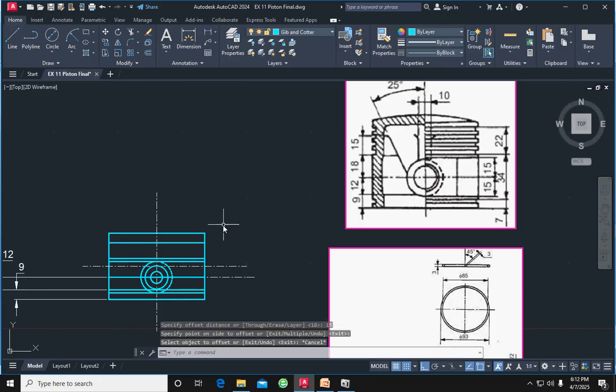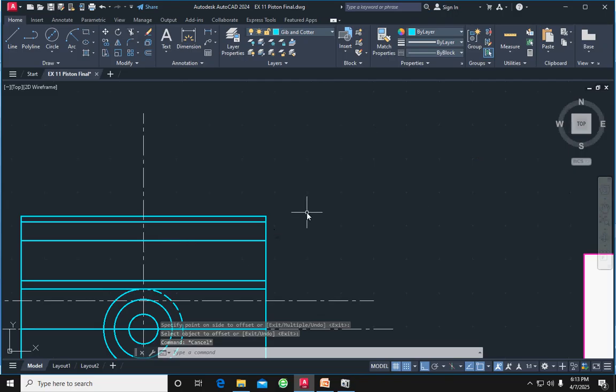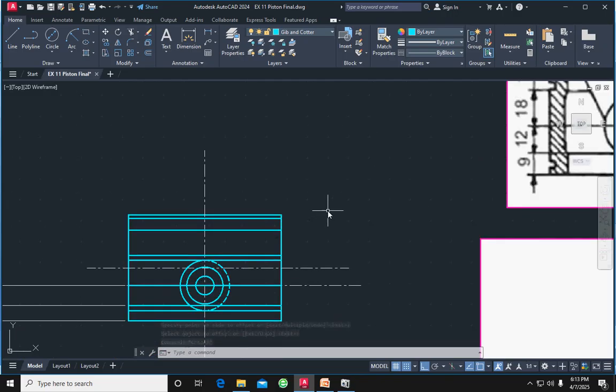Next, in this case we have to select this line to take offset 22. Okay, already the 22 line is there. Okay, 22 line, that's all. Next we want to draw the 3 line. So in this case we have to